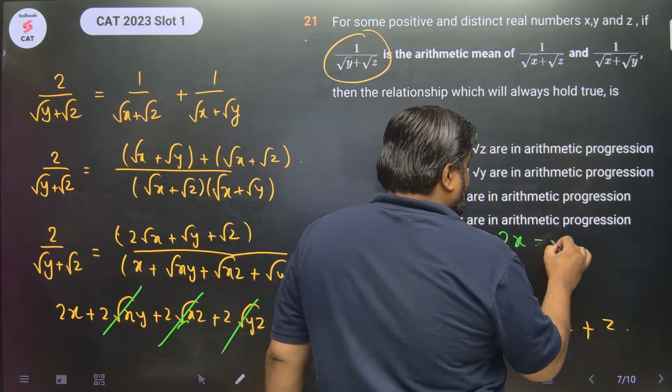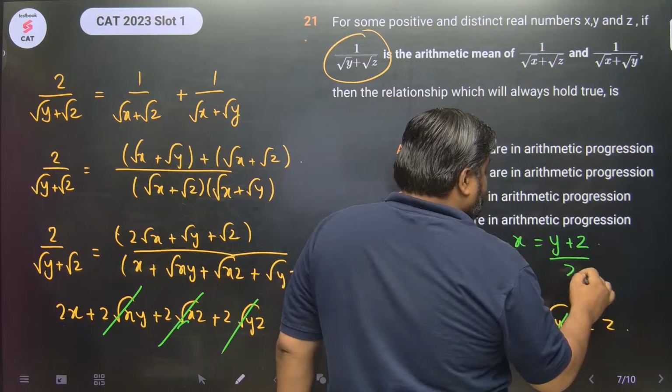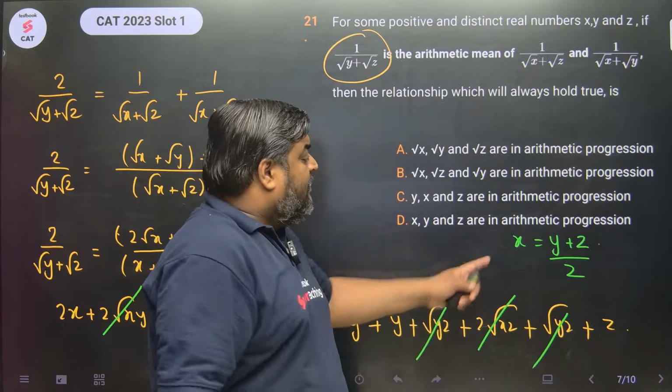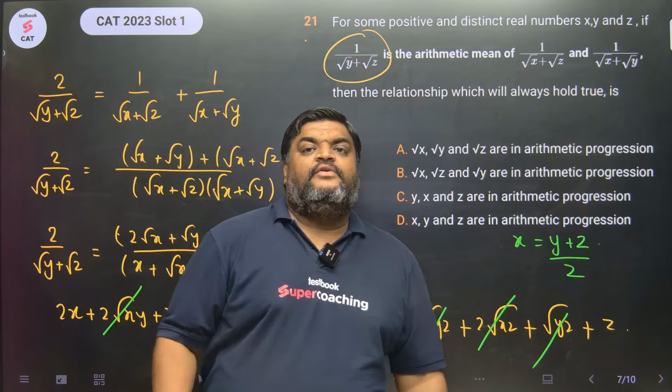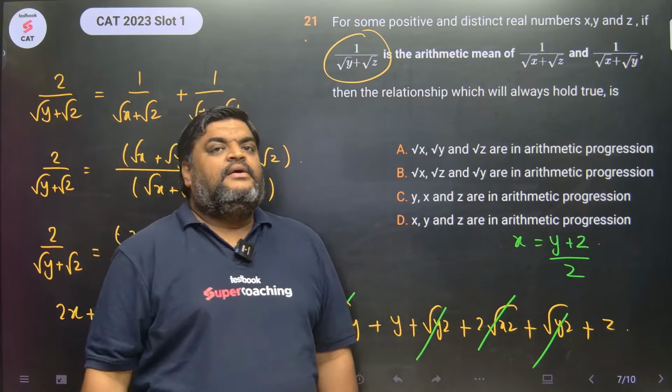This can be rewritten as x is equal to (y plus z) upon 2. x is arithmetic mean of y and z. इसका मतलब क्या? x is arithmetic mean of y and z. ऑप्शन सी।